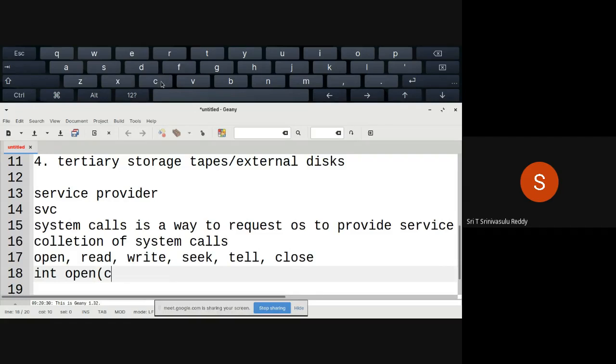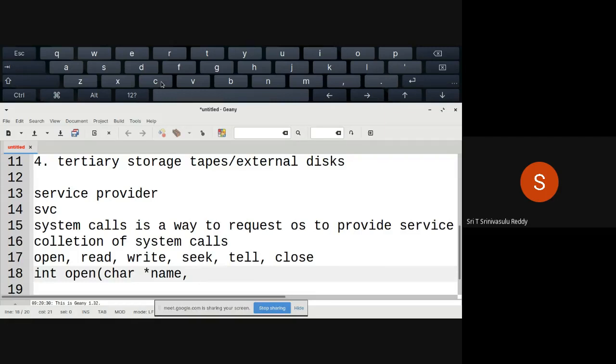So you'll have to specify a character pointer or character array, the starting address of that particular thing. So this is the file name. Because all these things are in C language, that's why you are talking about this particular signature.